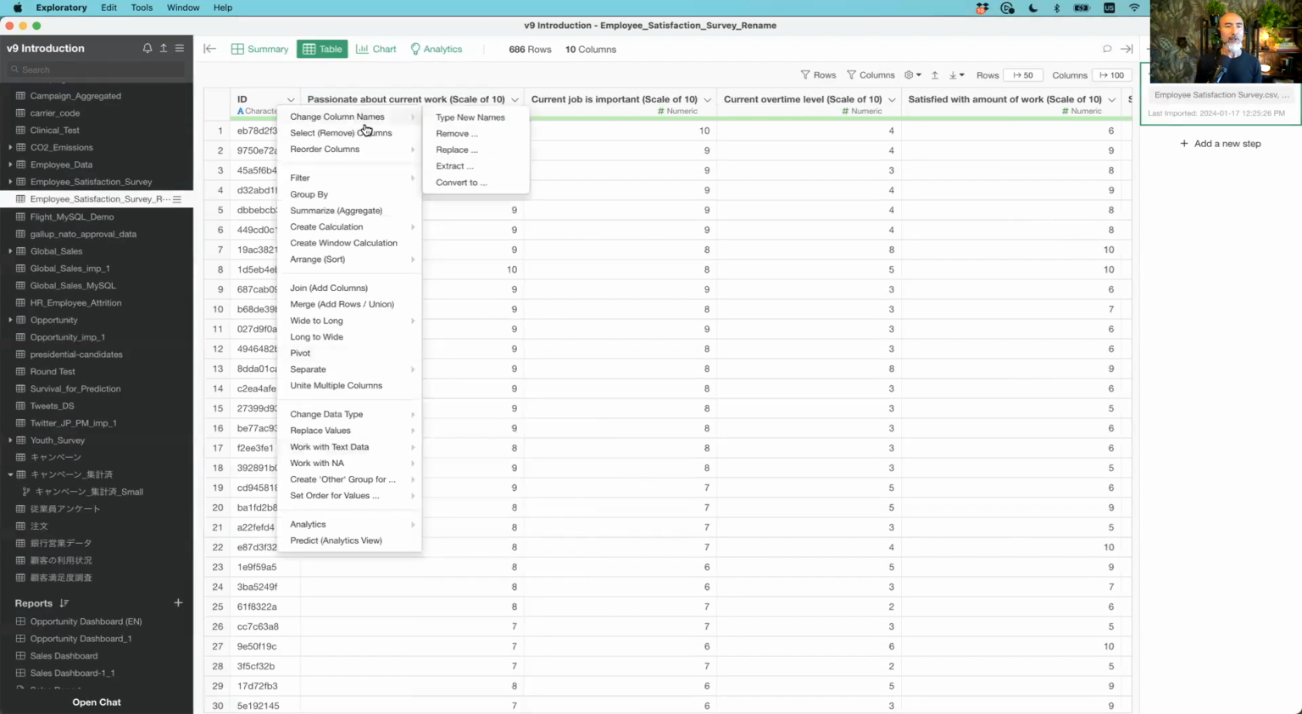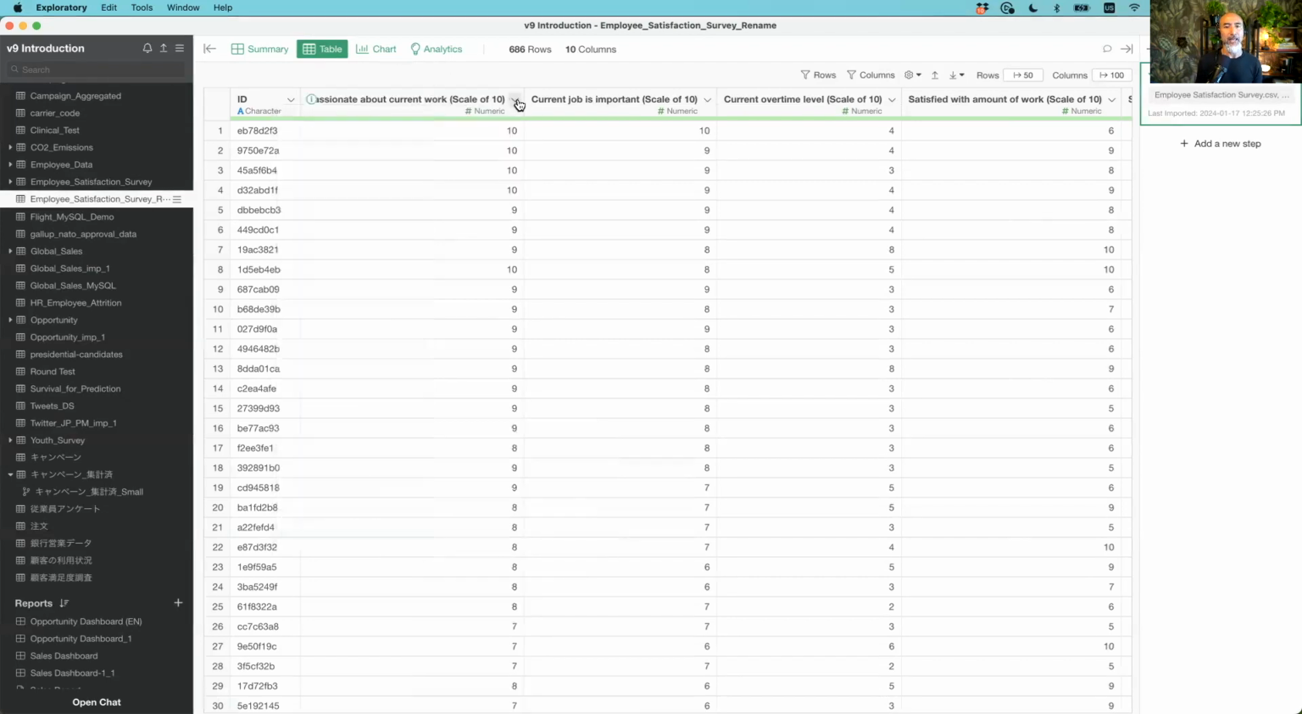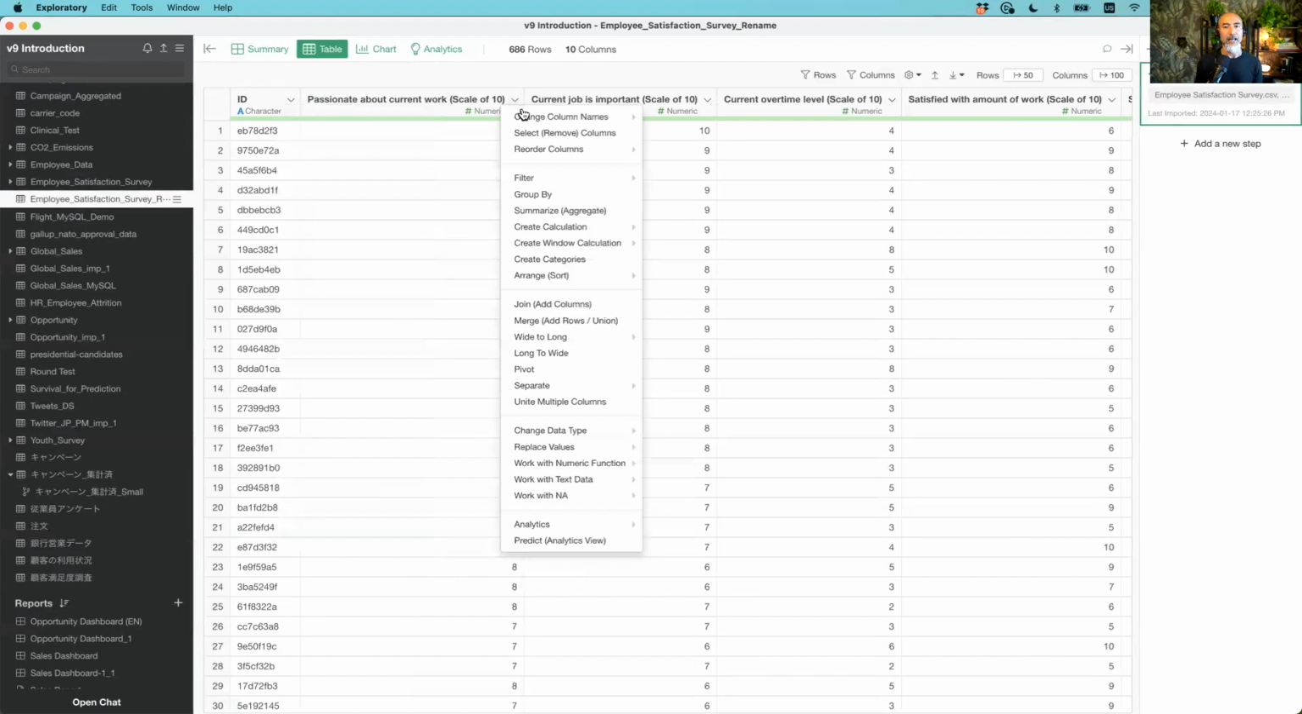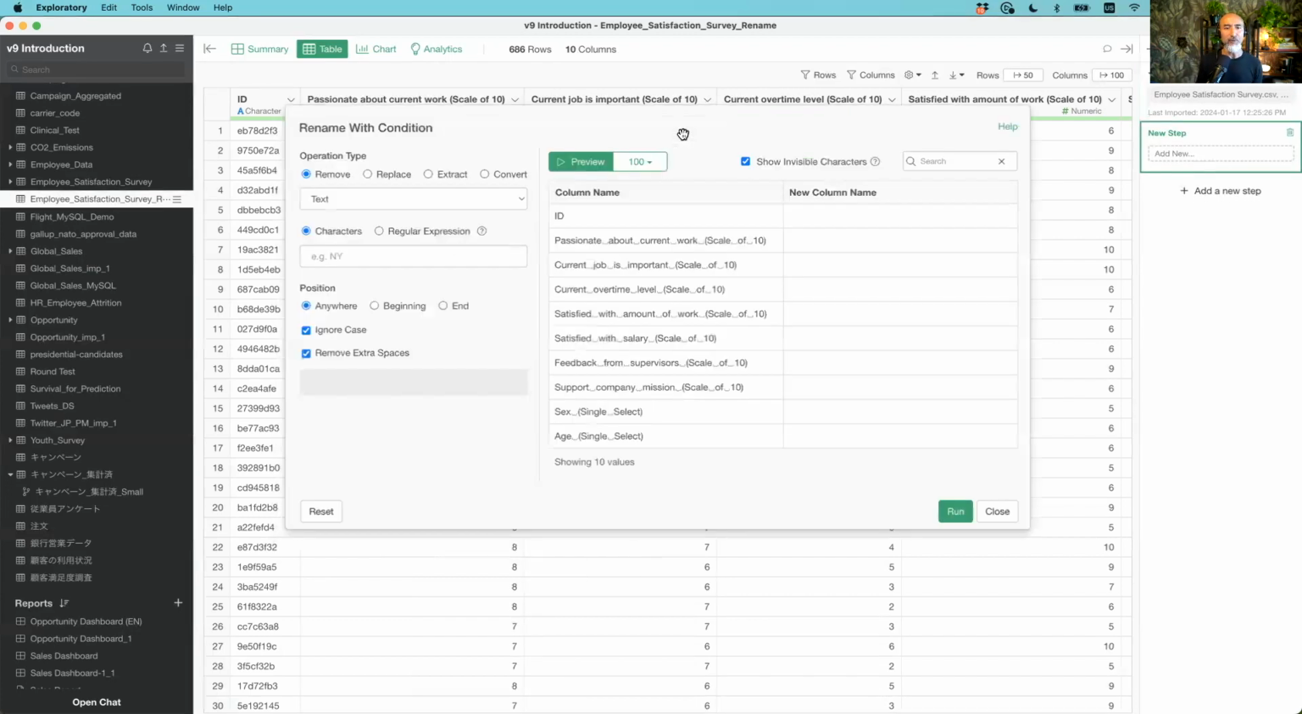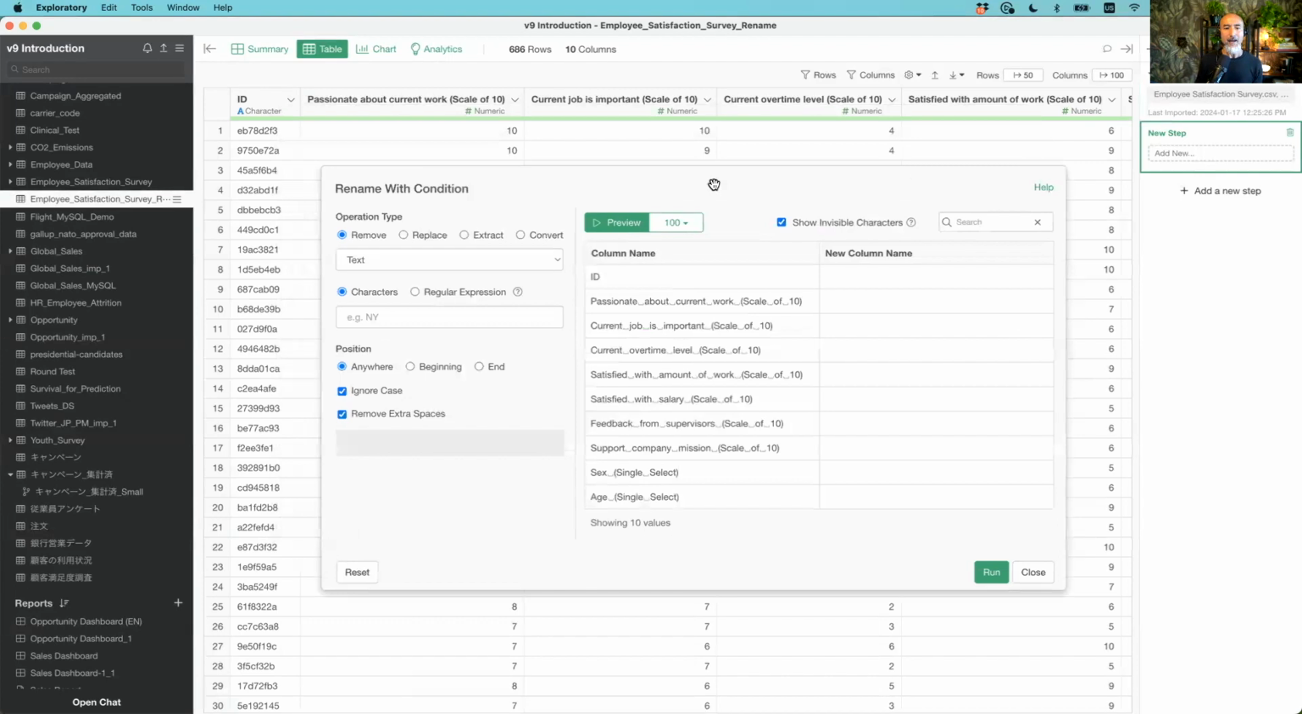Okay, so what that means is I go here and click on the column header, then change column names, and here's the type new names option. Instead, I want to do remove. How do I want to remove that? I want to remove those names surrounded by this bracket. Okay, so I'm going to select the remove,